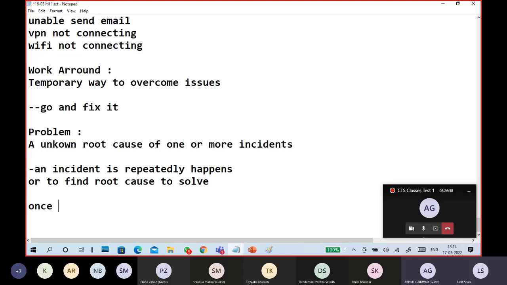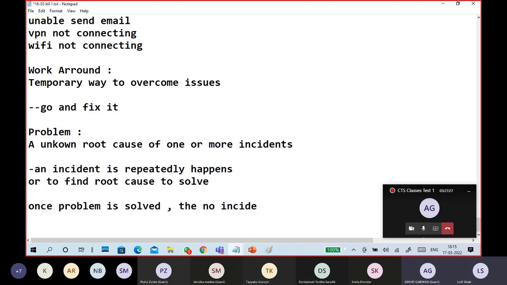So once the problem is solved, okay, once the problem is solved, the number of incidents